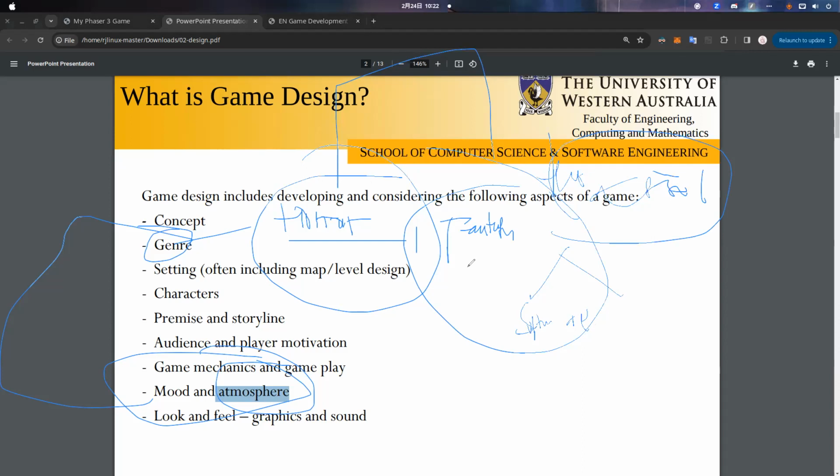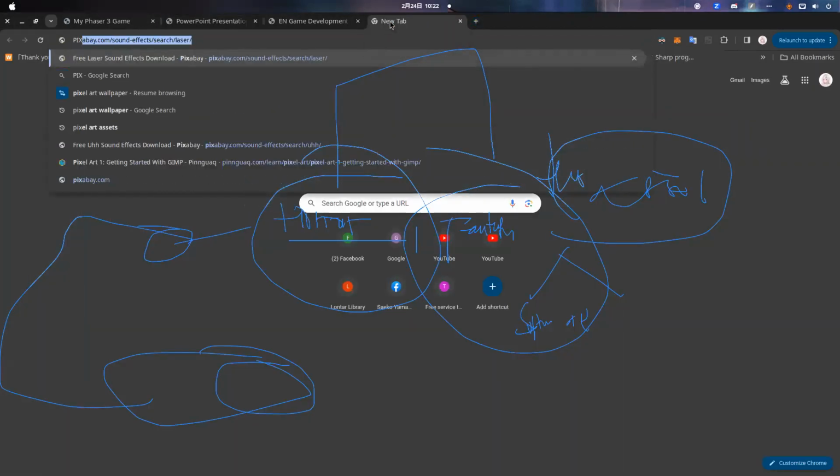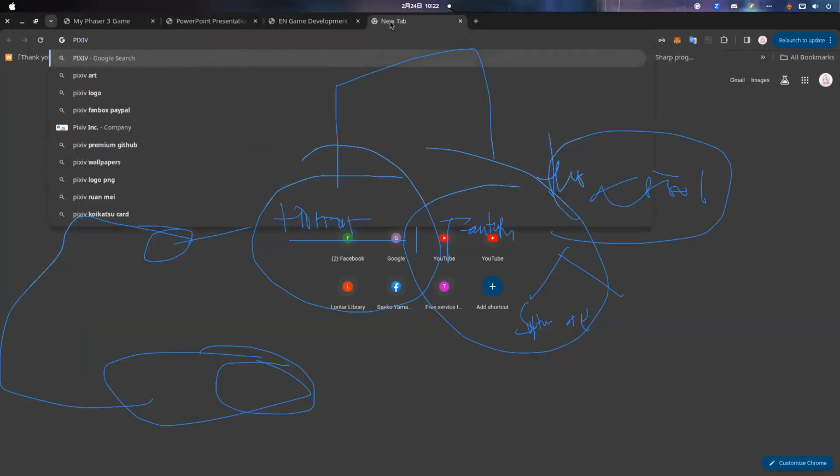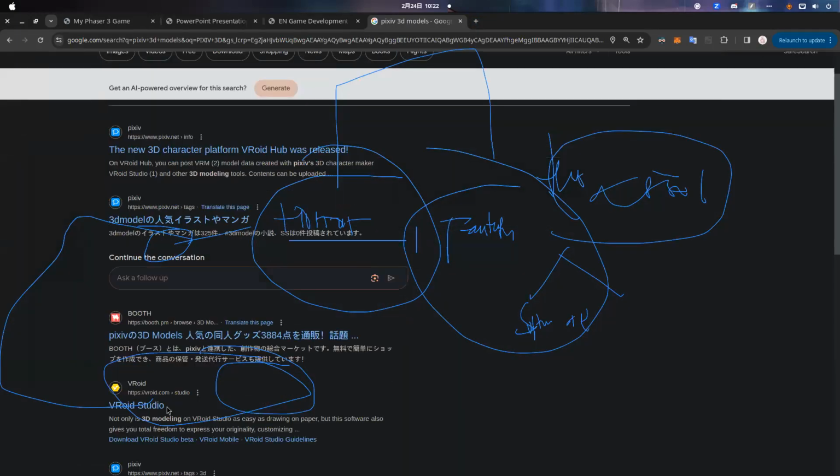It's for 3D models with pixels. Yeah, Fearoid Studio. I'm using Fearoid Studio for developing my 3D character.